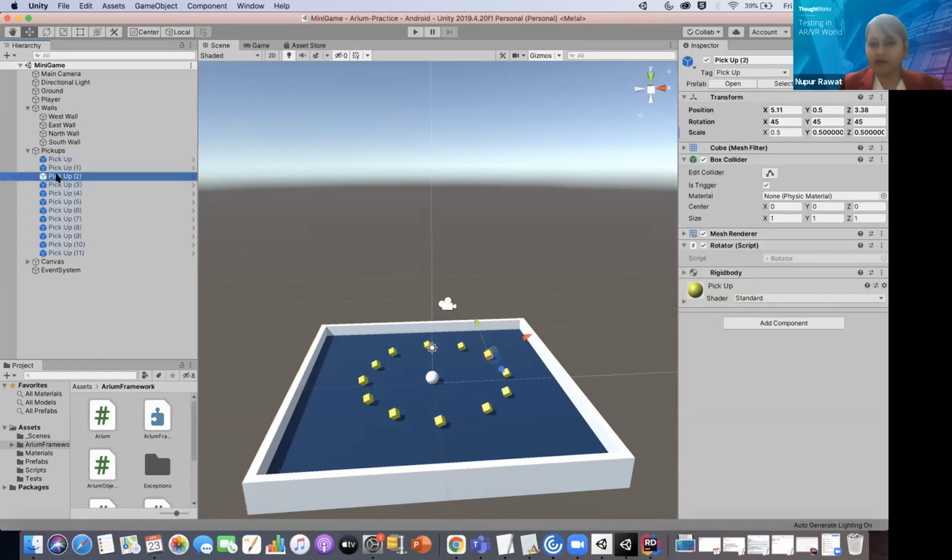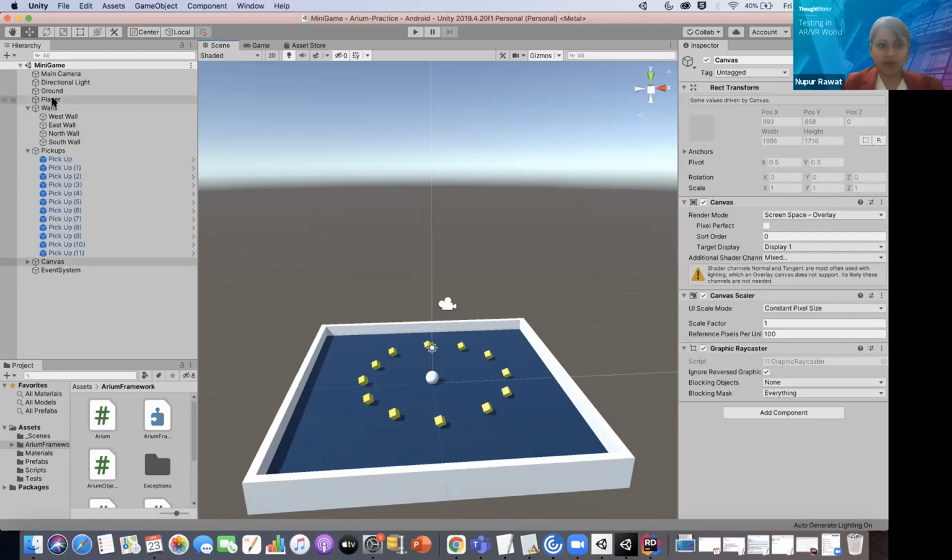We haven't kept very unique names, just for development purposes, but every pickup has the same tag, while all the pickups have a different name. So our Arium application will identify the objects from their name here. I hope you understand these main things about the game.